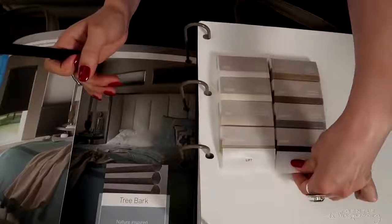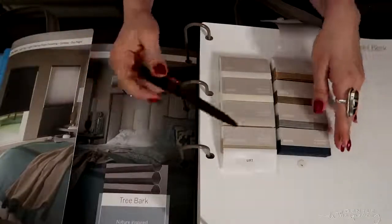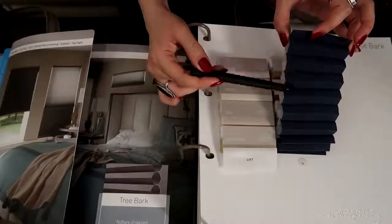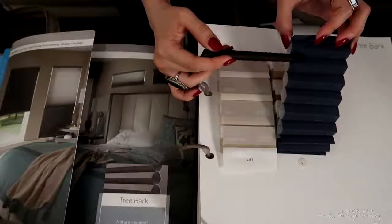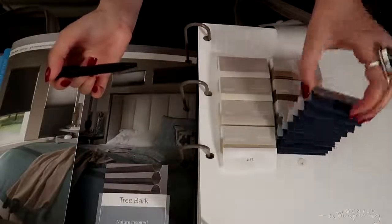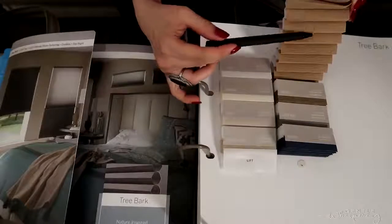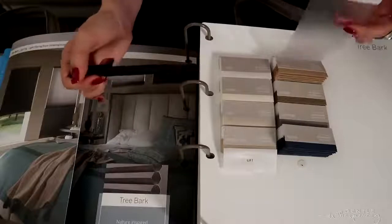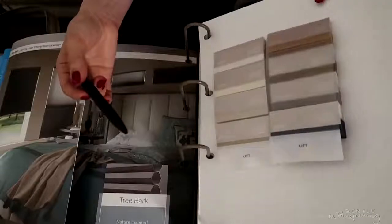Which one is it? So here's tree bark. These are good for bedrooms. These are room darkening. You can see it's more of a natural, inspired look, texture that has nature in mind, as well as shades and colors here too, quite coordinated to a more natural approach. Okay,